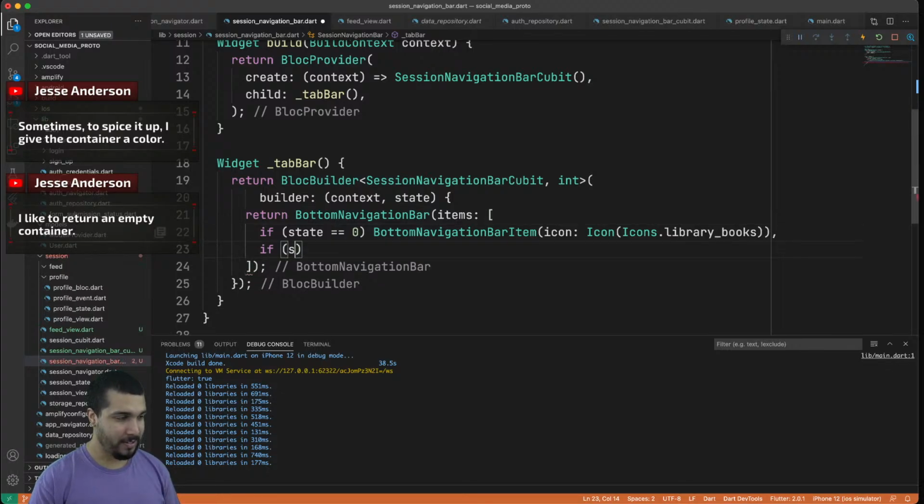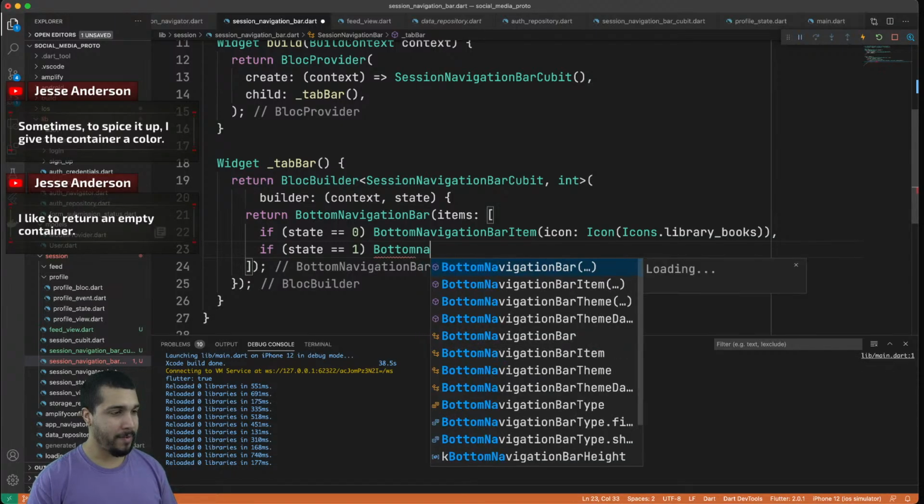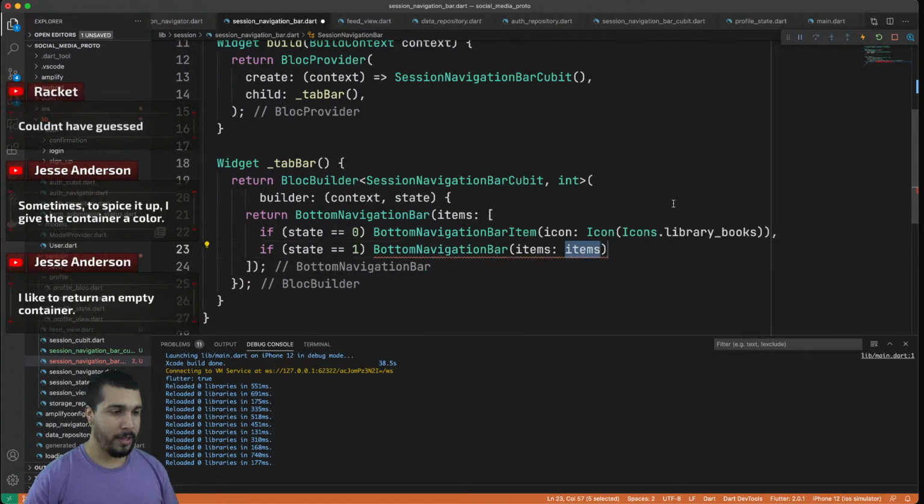If state is equal to 1, then what we will do is we'll show that bottom navigation bar, and the item